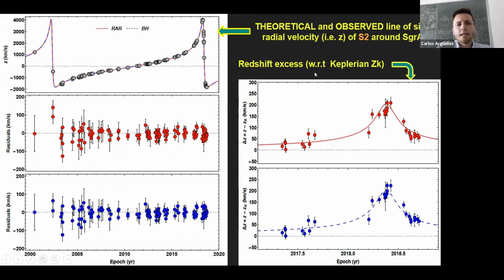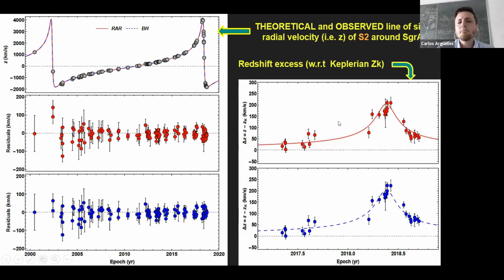Now, let's move to the radial velocity in the line of sight of S2. First was the astrometric data, right ascension and declination, and now the radial velocity of S2. You can see this typical curve of radial velocity, as the star is approaching us and then receding from us. And here is the data from more than 20 years, from the first data in 1994 until almost today, when S2 passed pericenter two times.